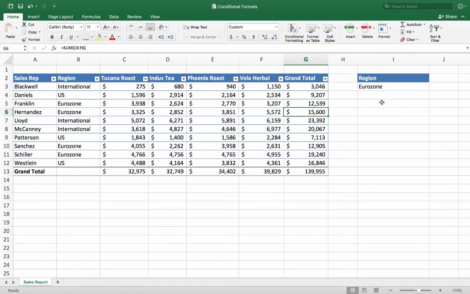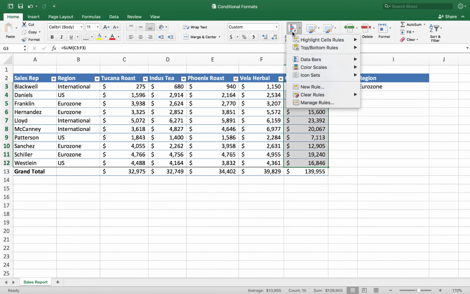Okay, so some other cool rules we can do here. I'm going to go ahead and highlight my numbers in column G again, and let's explore some of the other conditional formatting rules we can set. So with my numbers in column G selected, I'm going to go back on the Home tab to conditional formatting, and I can choose Top/Bottom Rules. So check that out.